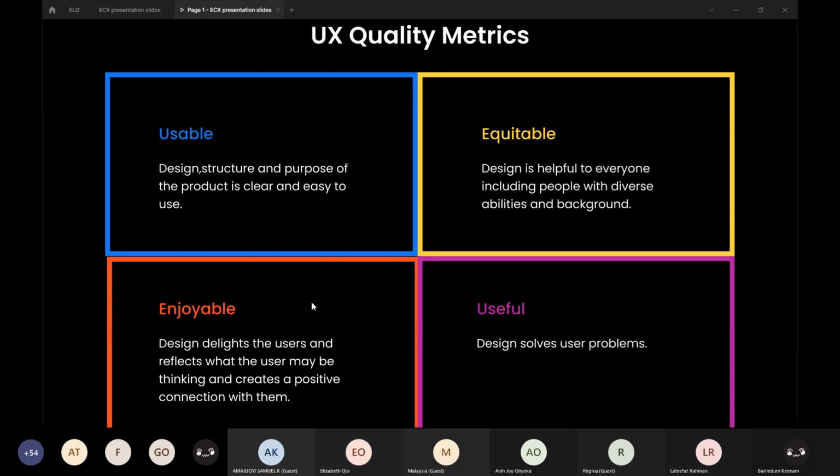The next is enjoyable. When we talk of enjoyable, it means the design delights the users and reflects what the user may be thinking and creates a positive connection with them. So as a